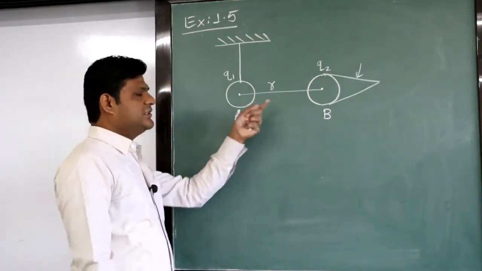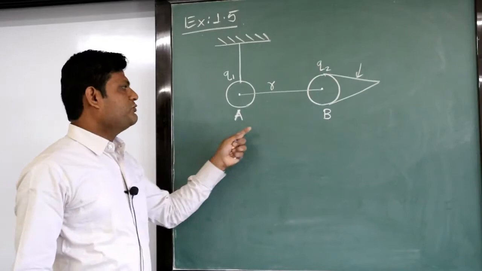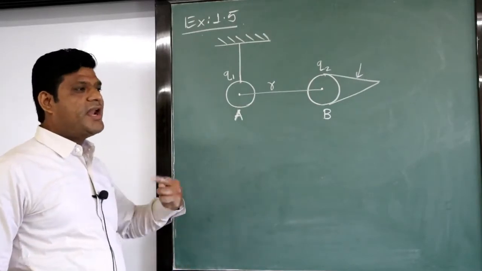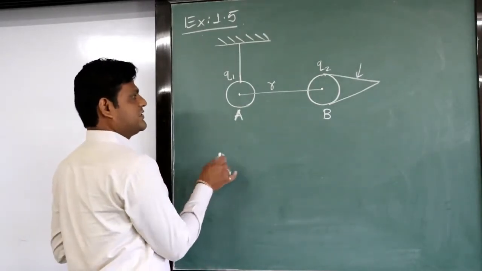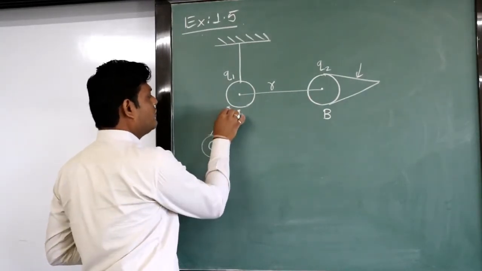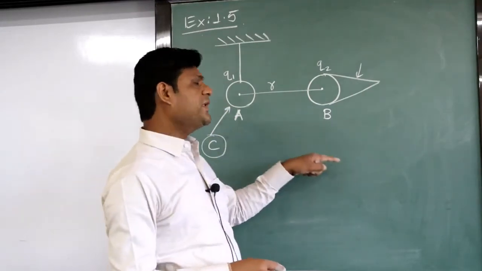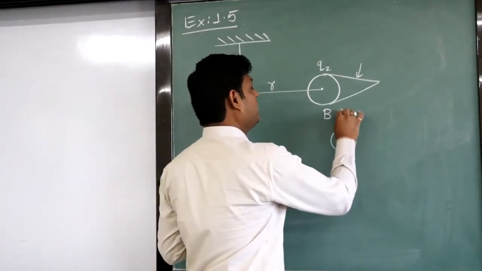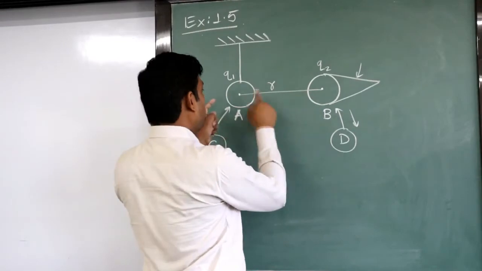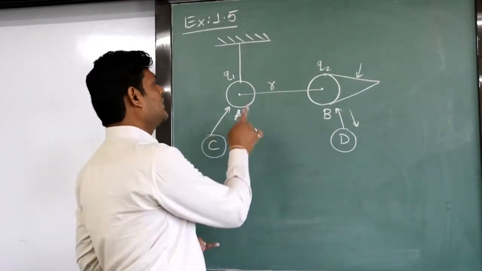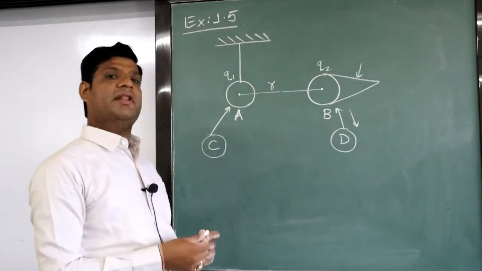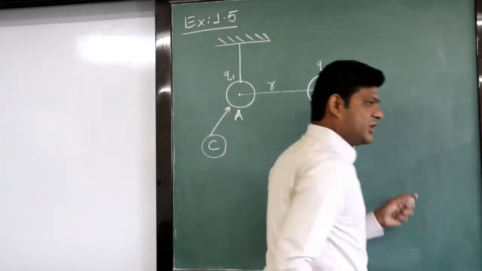This is the situation to calculate the force between A and B in the case number 1, right? The next question is, suppose we are having a sphere C. If we bring the sphere C near to A and separate, and another sphere D, bring it nearer to B and then separate, what is the charge on A and B in the case number 2, and at a separation of R by 2, what is the force between them? So we will start one by one. This is the question, right?